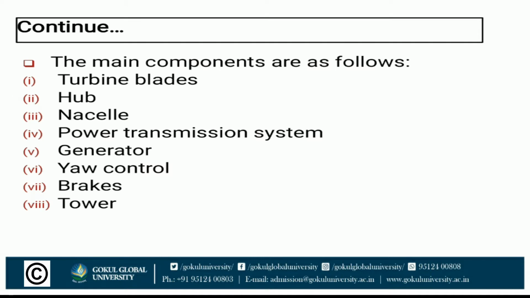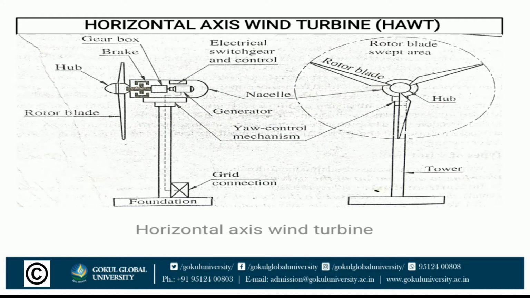The main components are as follows. First one, turbine blades. Wind turbine blades need to be lightweight and possess adequate strength, and hence are required to be fabricated with aircraft industry techniques. The blades are made of glass fiber reinforced plastic, meaning FRP. They have an aerofoil type of cross section to create lift as the air flows over them. The blades are slightly twisted from the outer tip to the root to reduce the tendency to stall.